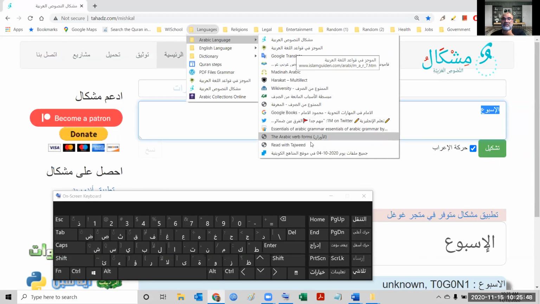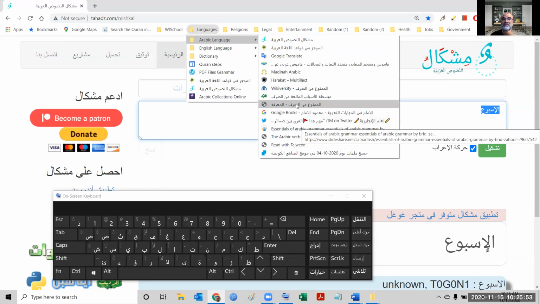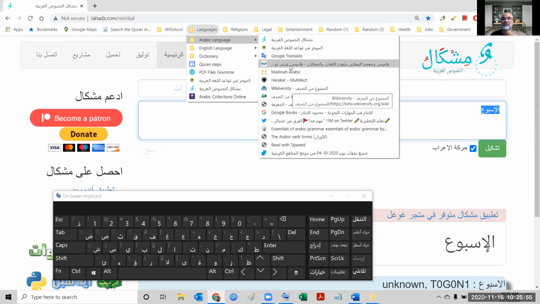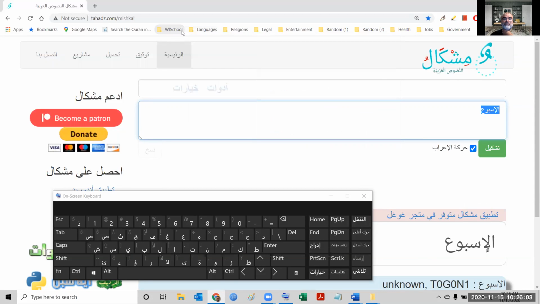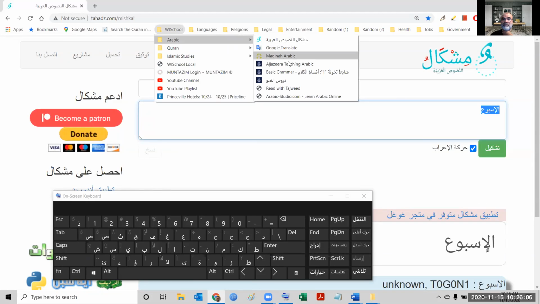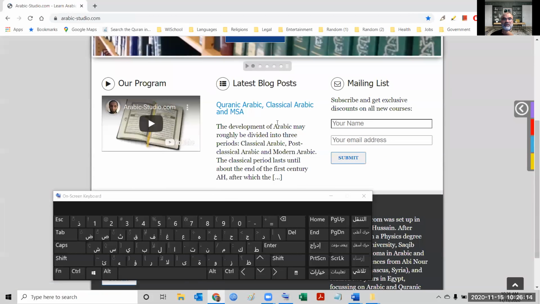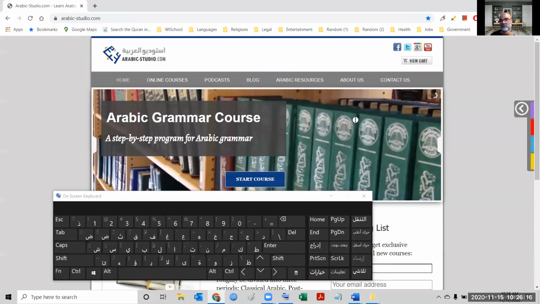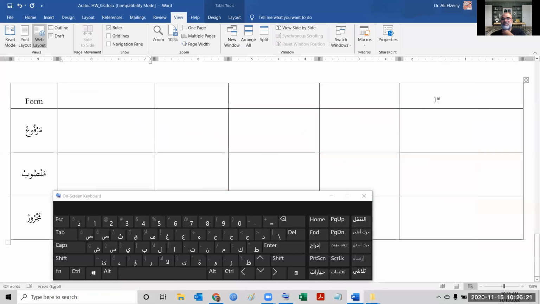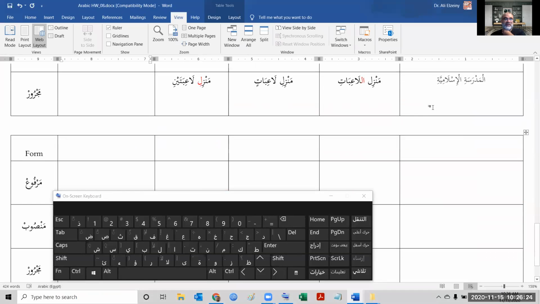There is another مشكال that I use when this one fails. It's a software, it's an algorithm. There's another مشكال, I forgot where it is. Anyway, I don't want to waste the time of the class looking for it, but I guess the concept is clear here. I guess we skip this example then.